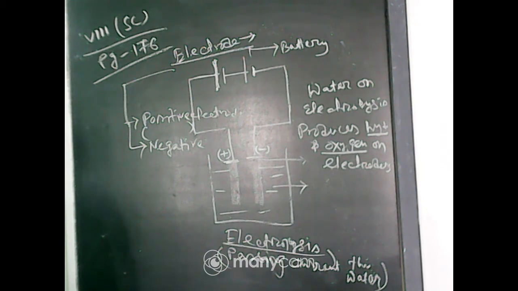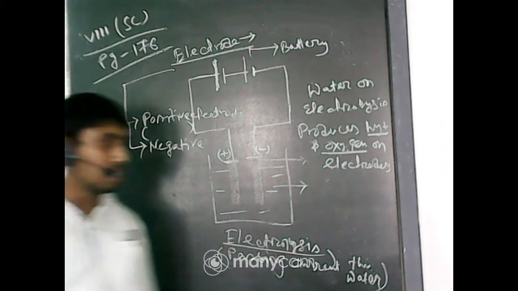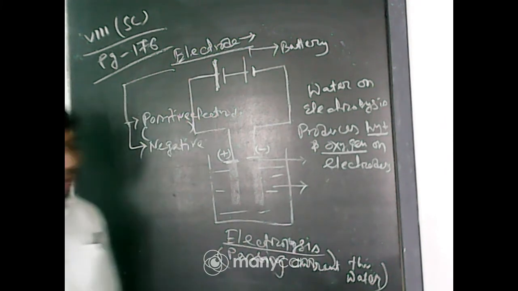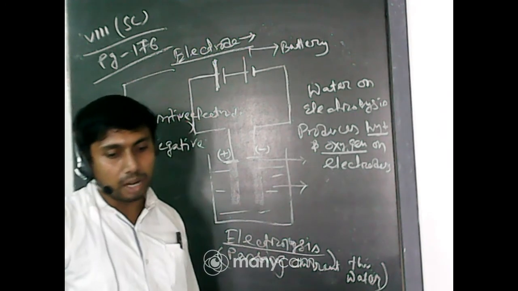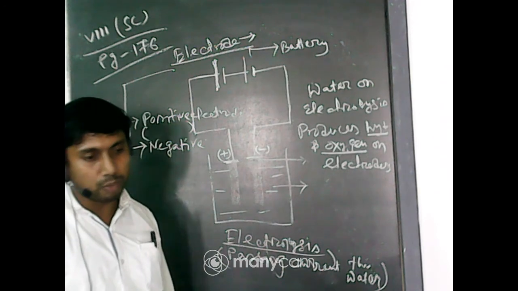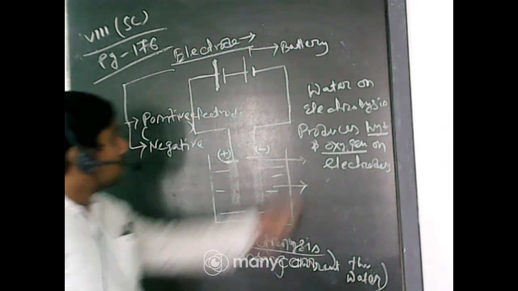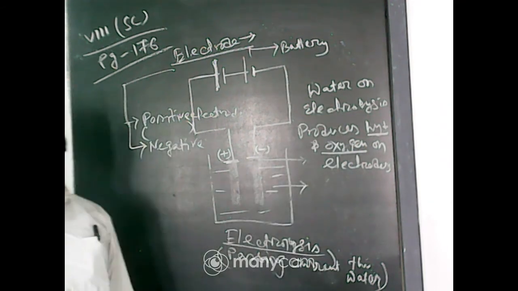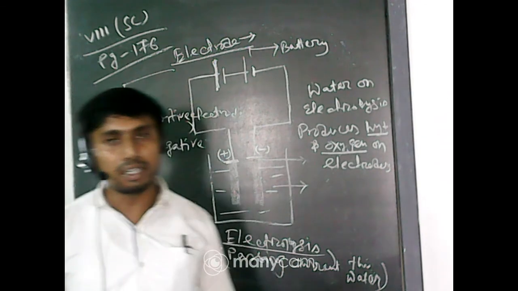Next one. Okay, so this part, and then come to the lower half. The passage of electric current through a conducting solution causes chemical reaction. Now multiple questions may arise: when electric current is passed through a solution, does a physical change occur, a chemical change occur, both, or none? The answer is that a chemical change occurs. So the production of hydrogen and oxygen here is an example of a chemical reaction. This chemical reaction is called electrolysis.